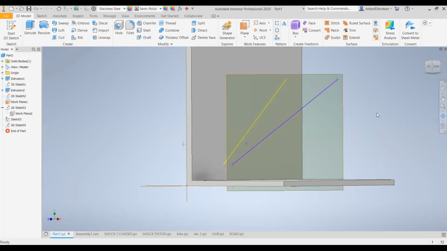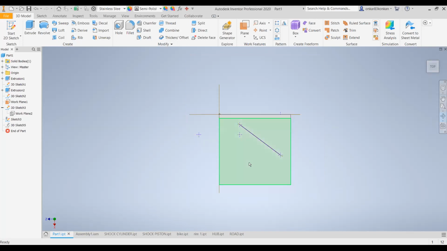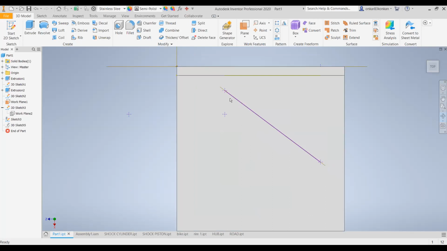Similarly, if you observe from the front direction, it will not give the true length and true angle. This is the actual front view. If you observe the same line from the top direction, this is the actual top view. And the inclination of this line with the XY line, or with the horizontal, is not the true inclination with the VP.